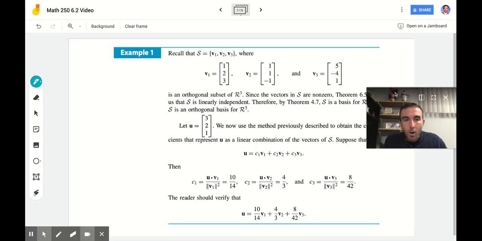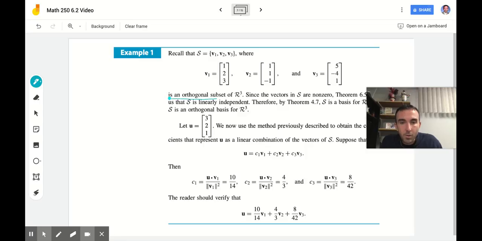Here's an example. I do have a longer problem to work through in a little bit, so I didn't want to overkill with the pen. This one is worked out already. So we have three vectors, v1, v2, and v3. And we would like to come up with a way to rewrite a given vector as a combination of the other vectors in the orthogonal basis. So first of all,